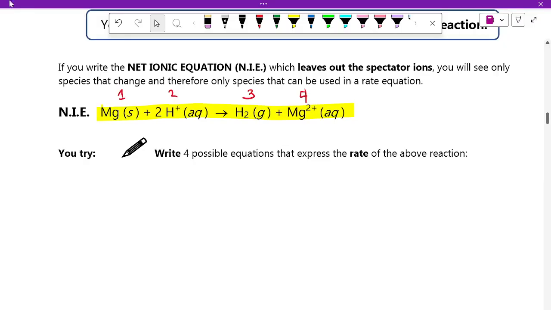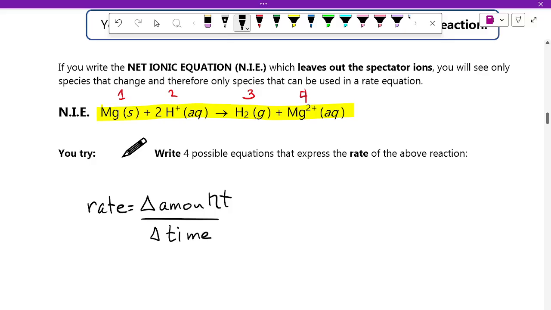Have you written a rate expression before? I can't remember whether you did it in Hebden. You think the rate equals the change in amount? It's the change in amount over change of time. All right, so we could have rate is equal to,